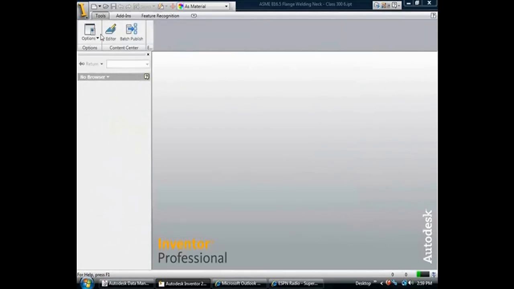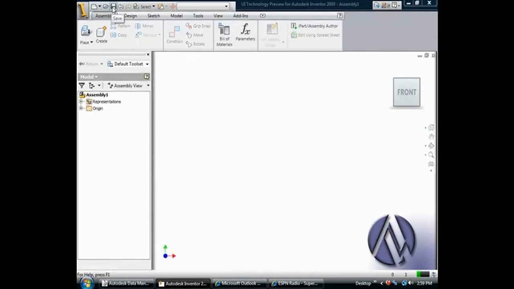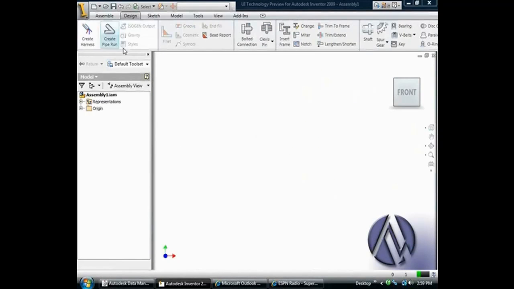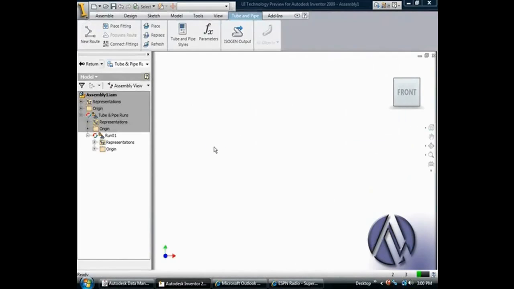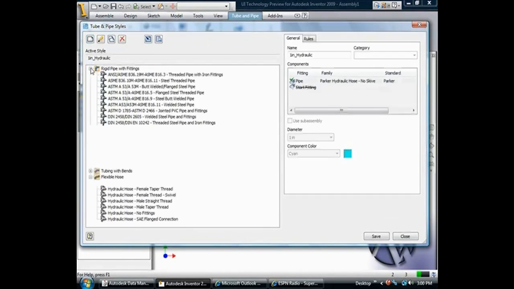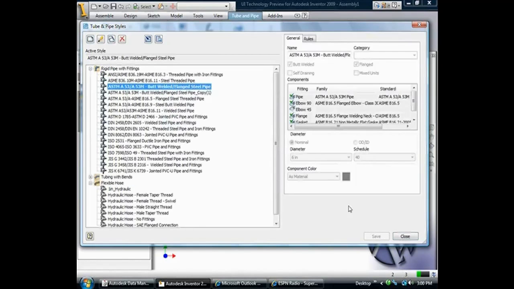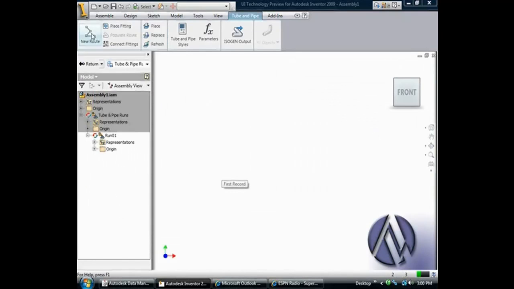Starting a new assembly file will allow me to get access to the active tube and pipe style components. We'll go in and take a look and make active a similar pipe style to the one which we would like to create as a custom pipe style. This is where Autodesk Inventor gets its information regarding the real-world scenarios of each individual pipe run. We'll copy one, we'll make this standard active, taking a look at some of the characteristics defined in the dialog